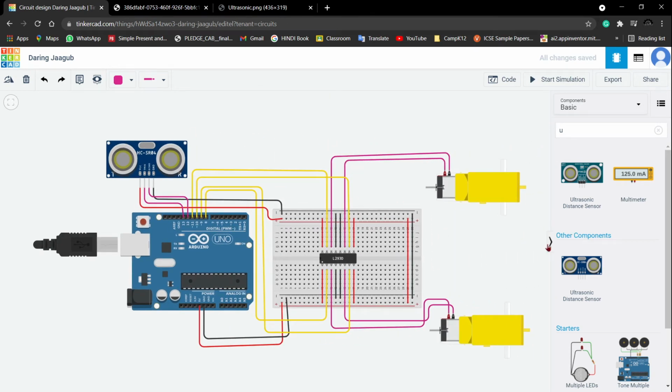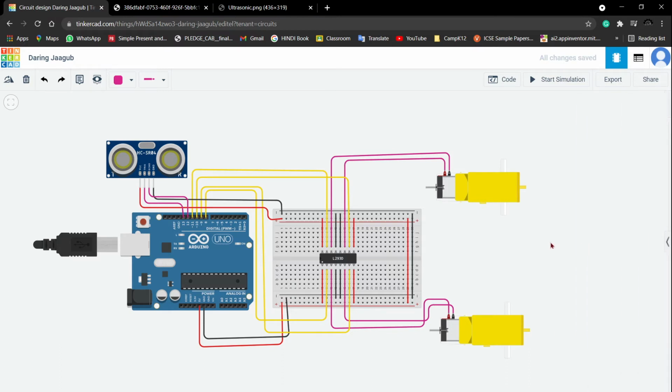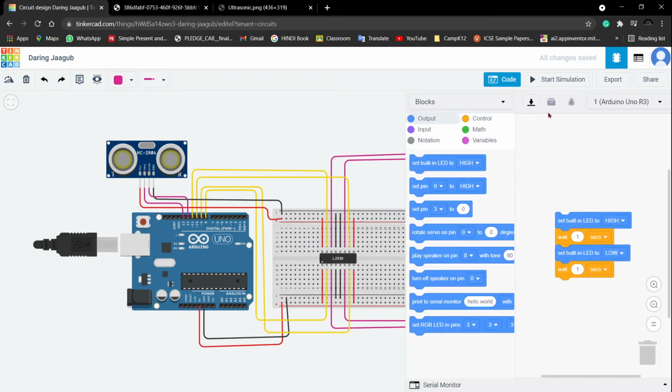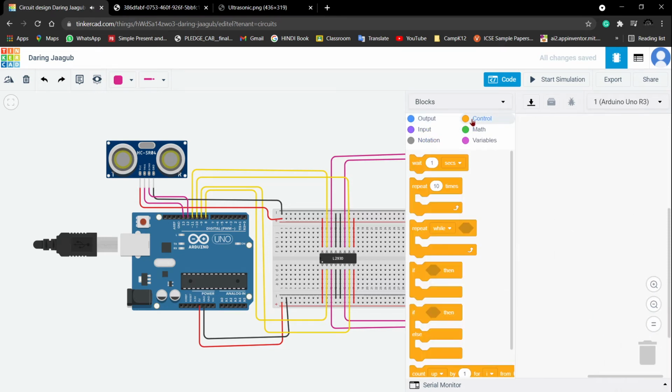but only the circuit is ready. We need to program it, then only the main board or the brain knows that we need to do certain things when certain things happen. So let's go to code and we will do a block coding. We will delete this and go to controls, click on if then else, which is if else statement,